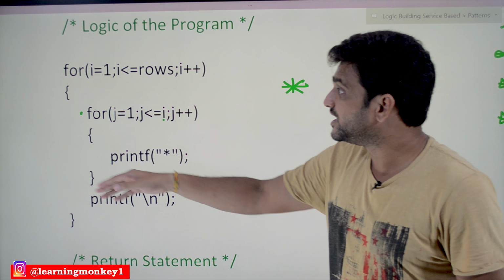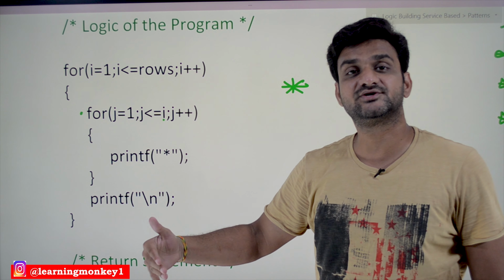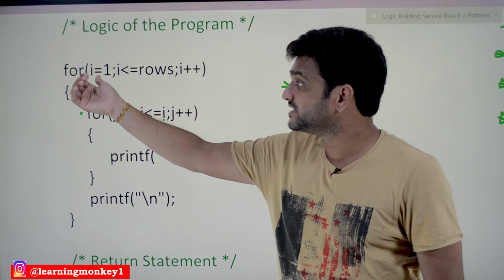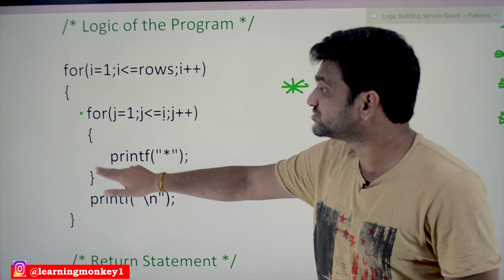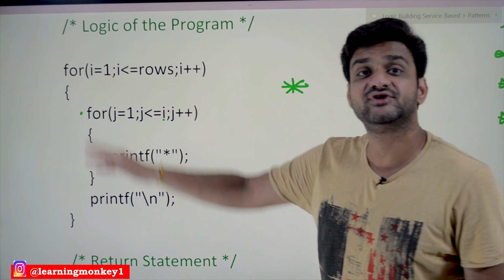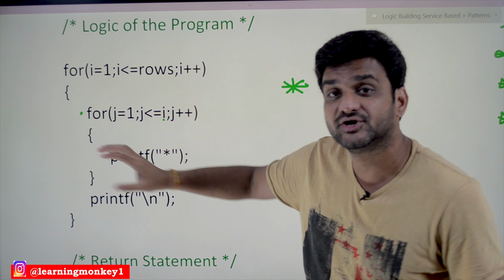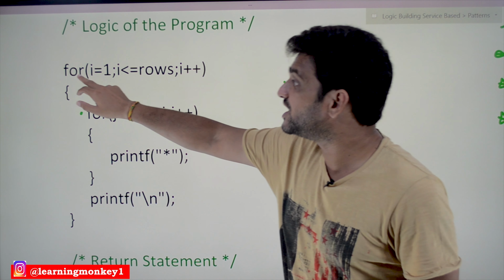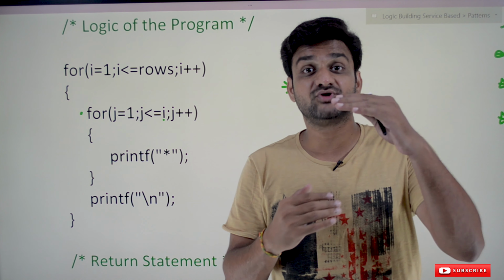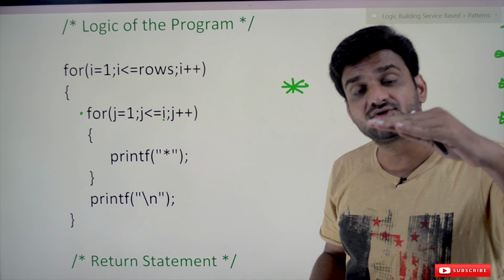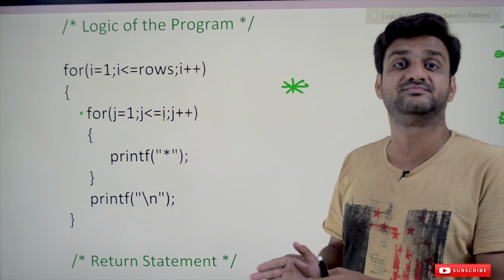In the next line, again this loop will iterate for I is equal to 3. We have taken I is equal to 2; in the next line the iteration goes to I is equal to 3, and for that this for loop is going to iterate 3 times. Every time it is going to print the columns. So this internal for loop is going to print the columns, and this external for loop is going to count the rows. This for loop counts the rows, and this for loop prints the star value in the columns.